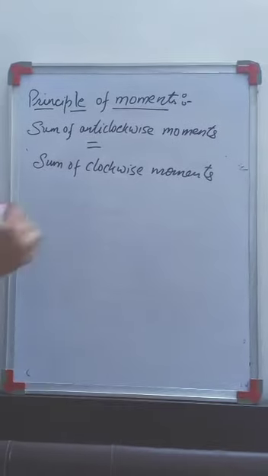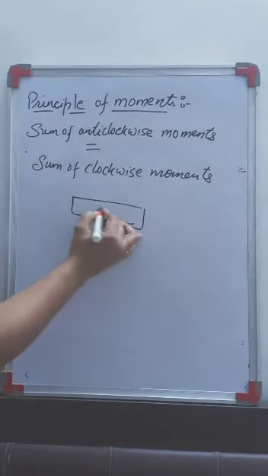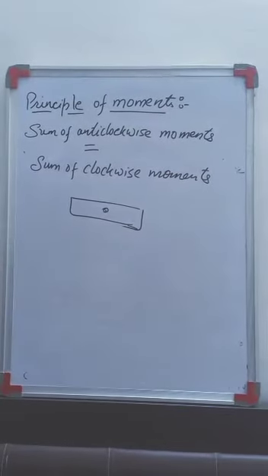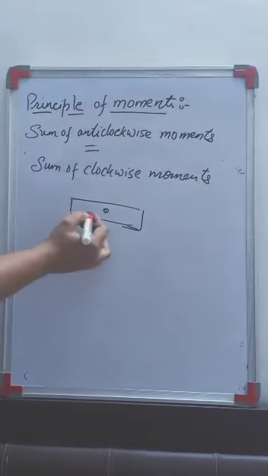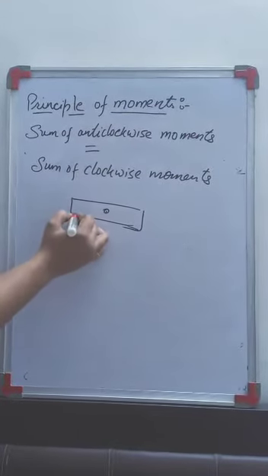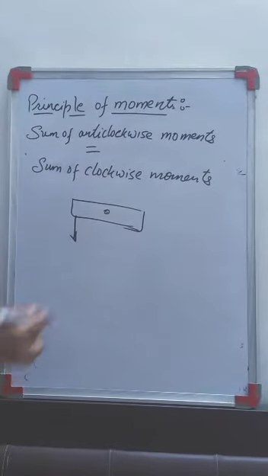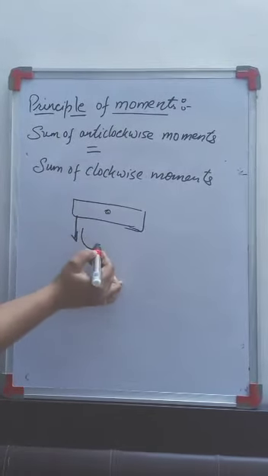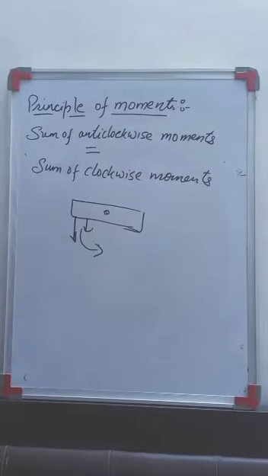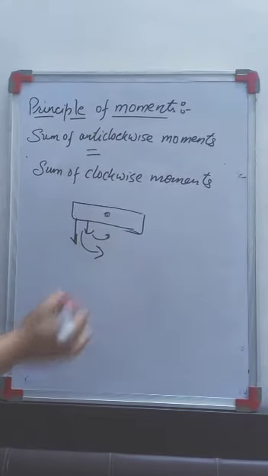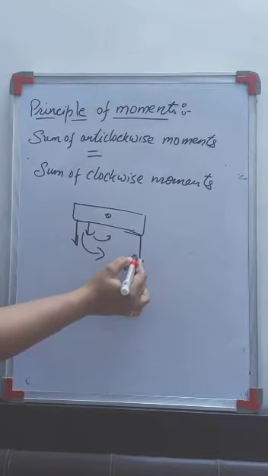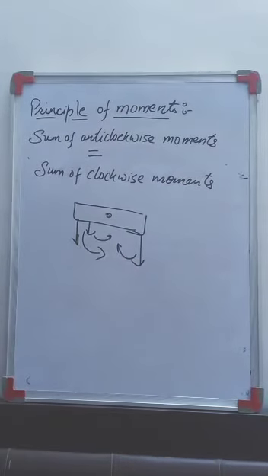Exactly what happens when, for example, I am taking a pivoted body, right? This body is pivoted over here. When several forces act upon this pivoted body, then what happens? If one force is acting downward, then what will happen? This will tend to move in the anti-clockwise direction, right? For example, another force is also there, so again it will tend to move in the anti-clockwise direction. But if one force is over there, then what will happen? It will tend to move in the clockwise direction, right?